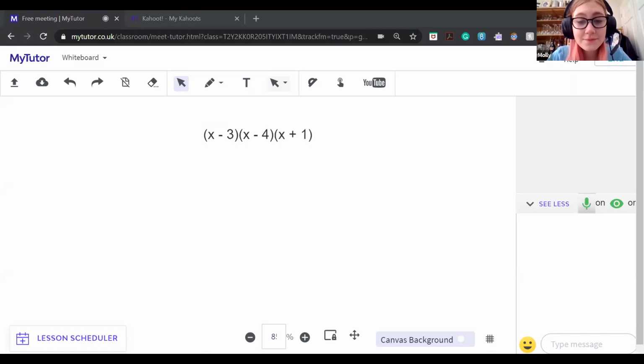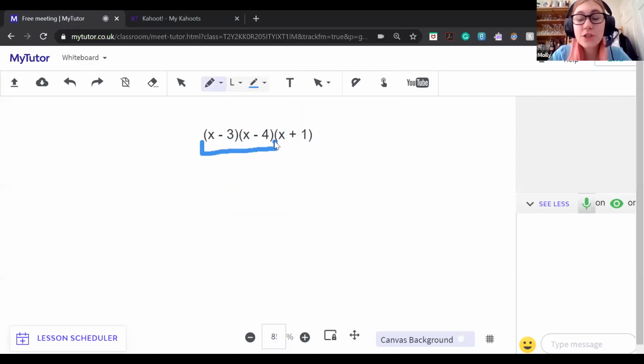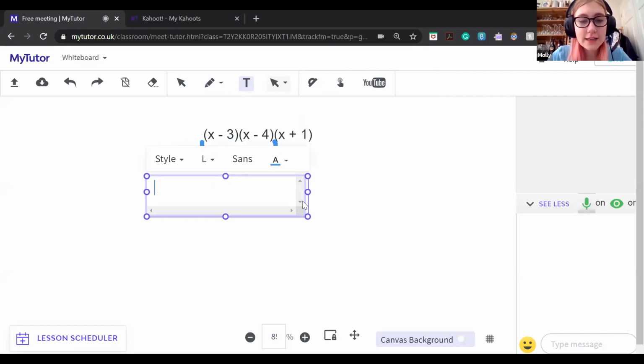Yeah, brilliant. Loads of people got that, which is perfect. So you expand 2 of them and then do it by the last one. Brilliant. So let's go ahead and do that. If we expand these first 2, it doesn't matter which 2 you do. So we'll expand these 2 and we'll get x squared, and then you get a minus 4x and a minus